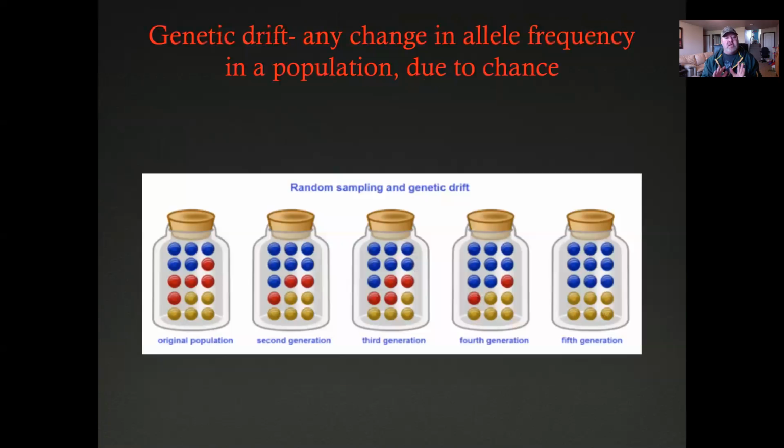When we think about genetic drift, we talk about random samples. It'd be like if you reached into the jar and picked out a marble. In the original population, you might have equal numbers of those 3 marbles, but in the second generation, they're maybe not equal because the allele frequency is changing, because one trait might be better than another.